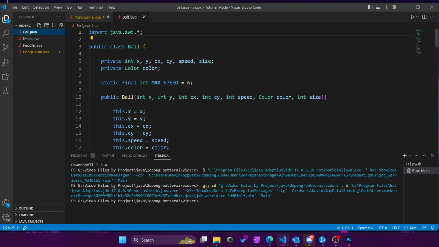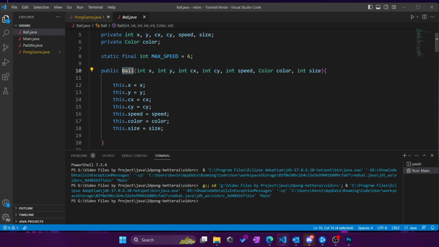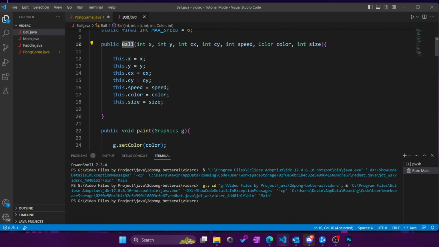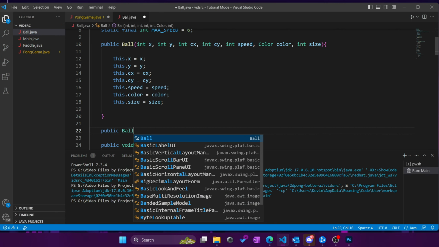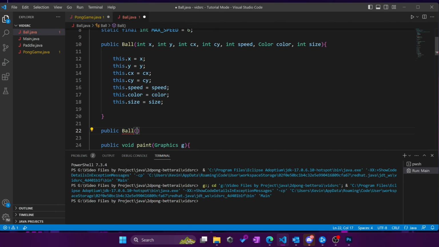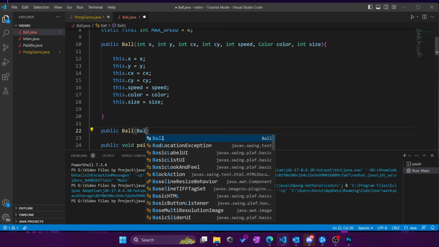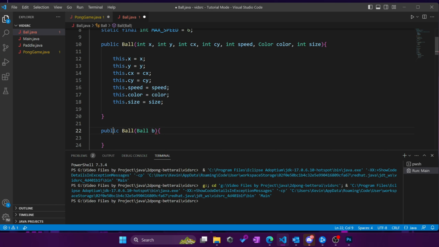Copy constructors are just constructors that take the same object type as their argument or parameter and make a copy of it. So we'll have our copy constructor and it will take a Ball b as the argument,